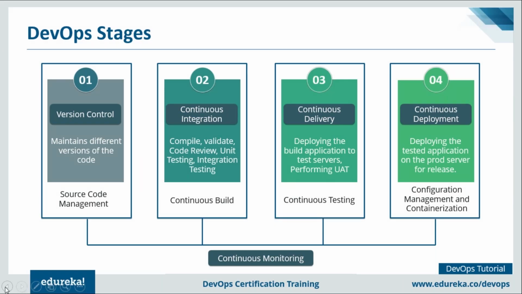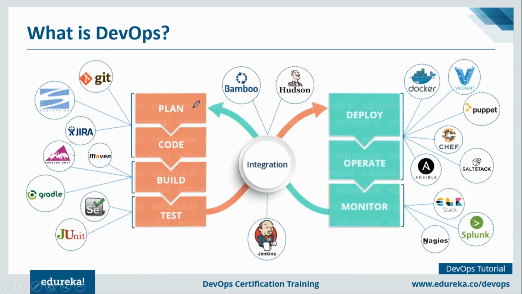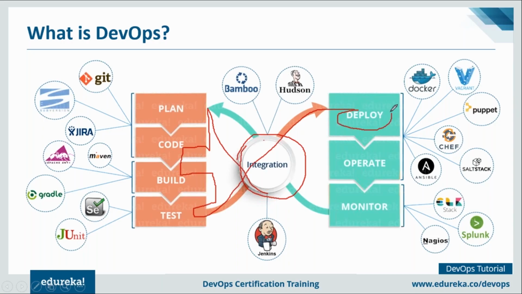Now let me go back to clear any doubts. So this is how various stages and jobs are scheduled. We have Jenkins here, a continuous integration server. The moment any developer makes a change in the source code, Jenkins will take that code and trigger a build using tools like Maven, Ant or Gradle. Once that is done, it will deploy it onto the test servers for end user testing using tools like Selenium, JUnit, etc. Then it will automatically take that tested application and deploy it onto the prod servers for release, right? And then it is continuously monitored by tools like Nagios, Splunk, ELK, etc.